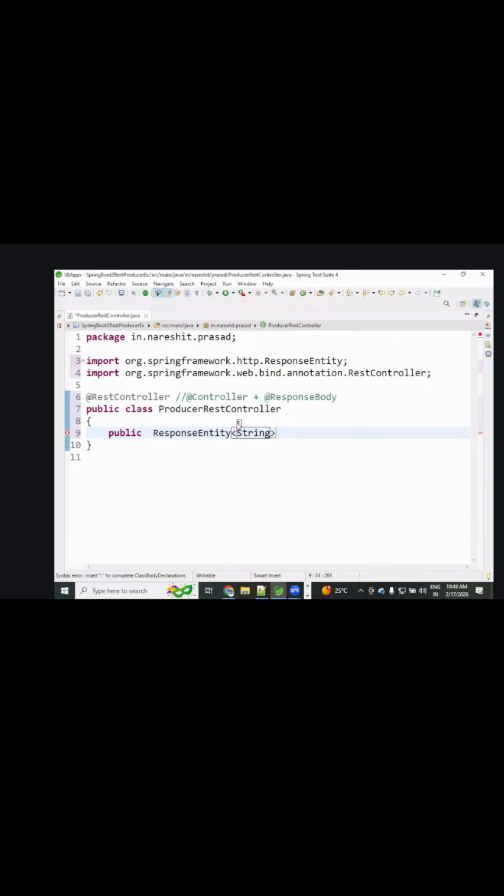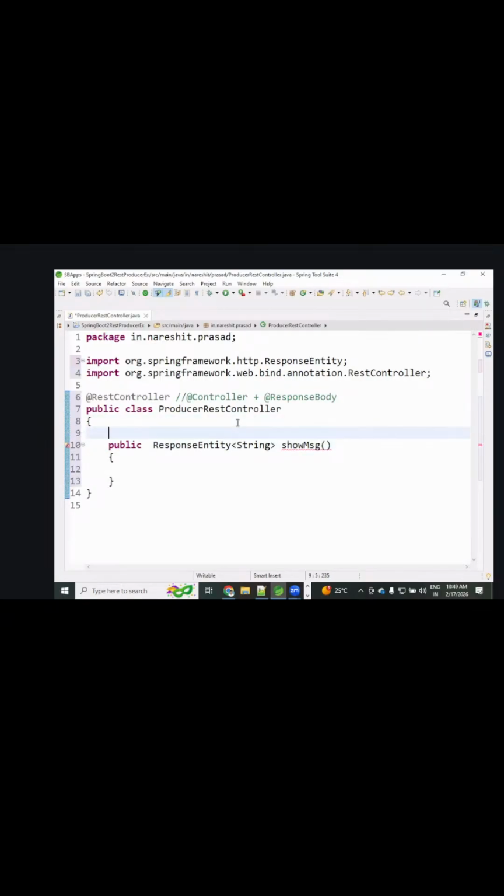I'm expecting that output. String type I'm expecting. I'm writing a method named showMessage. User defined only here.